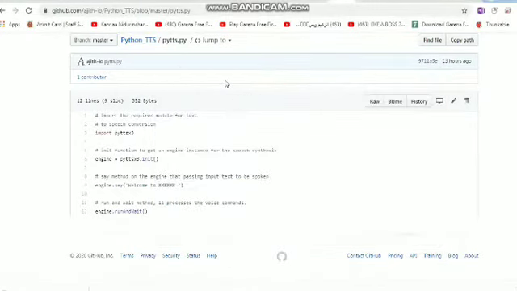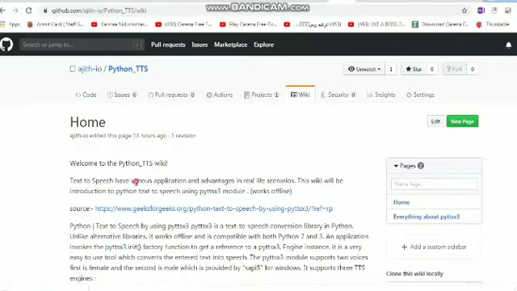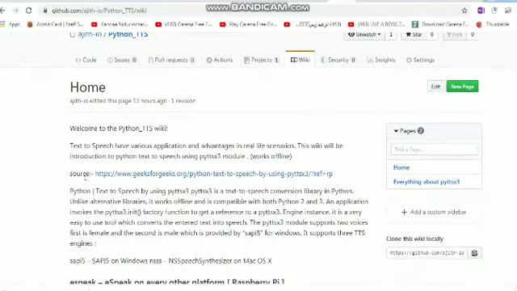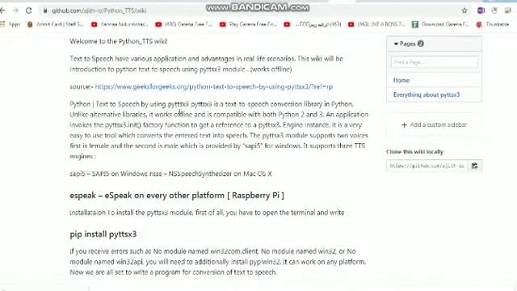I'll give a walkthrough of the wiki available on the internet. This is not my own. I got this from GeeksforGeeks. So what is Python text to speech using pyttsx3? It is a text to speech conversion library in Python.